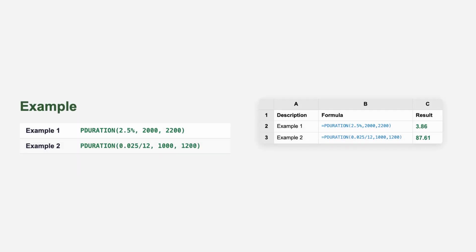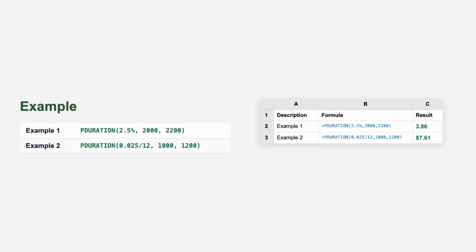Let's look at two examples. In the first example, PDURATION with a rate of 2.5%, a present value of 2,000, and a future value of 2,200 returns 3.86 periods. In the second example, we divide the annual rate by 12 to get a monthly rate, and PDURATION with 0.025 divided by 12, a present value of 1,000, and a future value of 1,200 returns 87.61